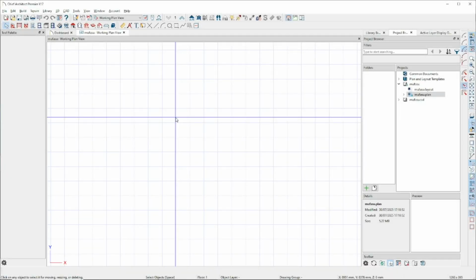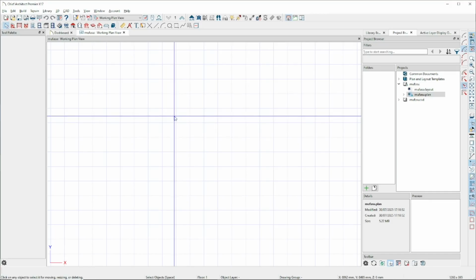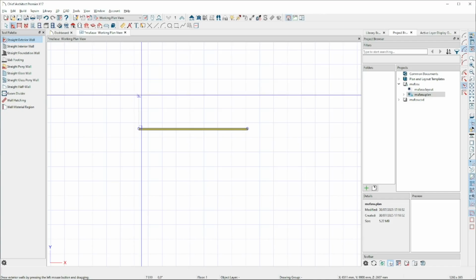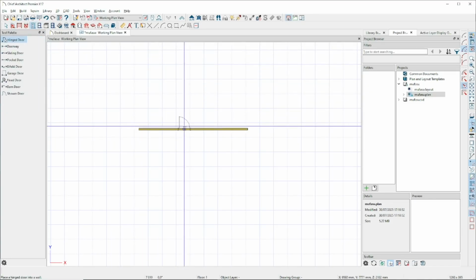Hello everyone, today we are going to learn basic SketchUp Architect tutorial: how to make a garage door. For example, you can draw walls, and I will insert the default door by clicking this door tool and then clicking on the wall objects